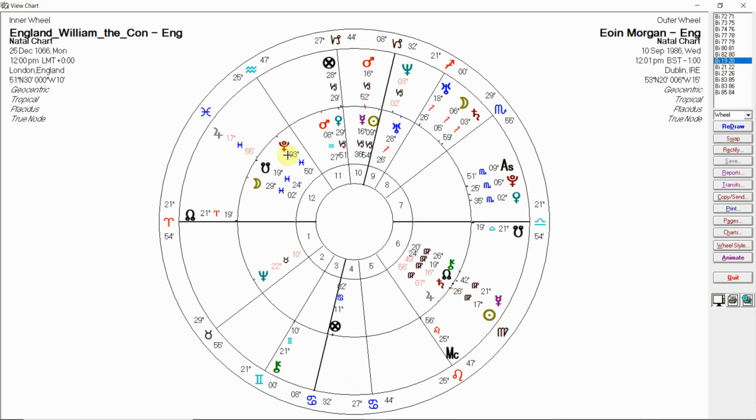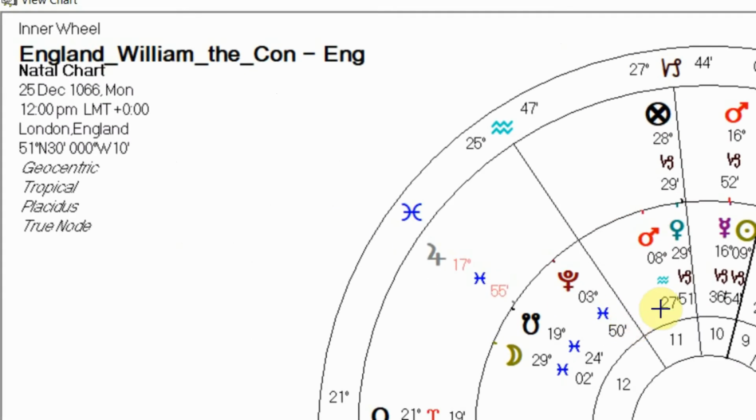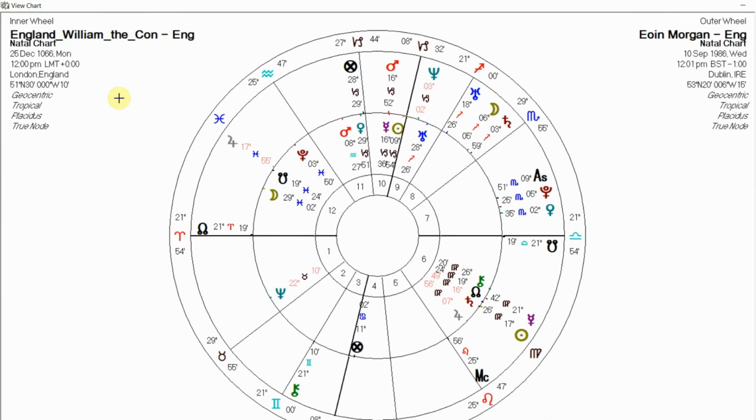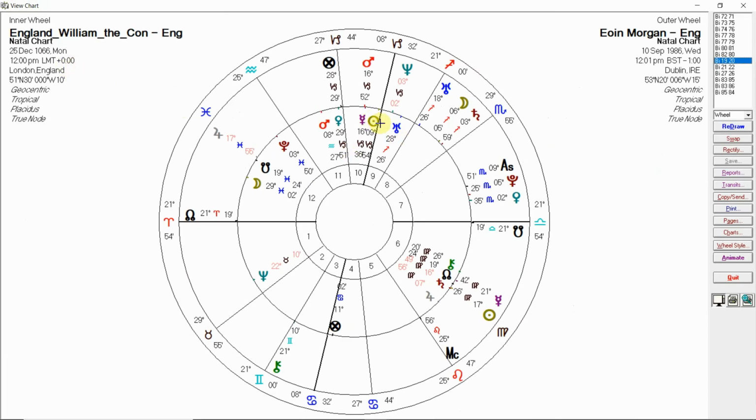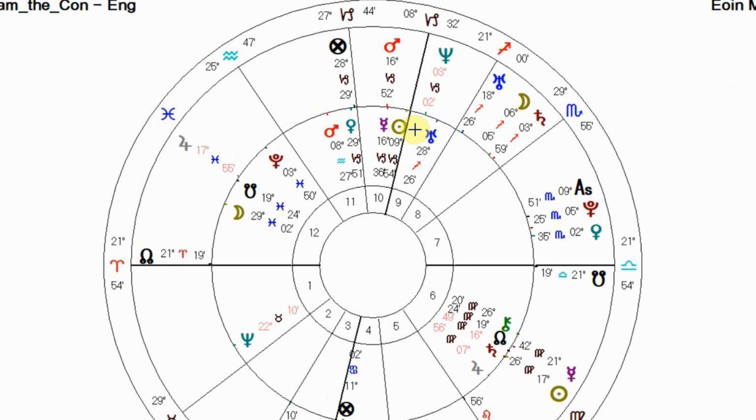Now we're going to have a look at a couple of cricket alignments or team degrees. I love using this chart, the England William the Conqueror chart from 1066, nearly 1,000 years old. We're still using this chart. I reckon that's great. Anyway, England is a Capricorn nation and it's got a Capricorn MC, so Saturn's going